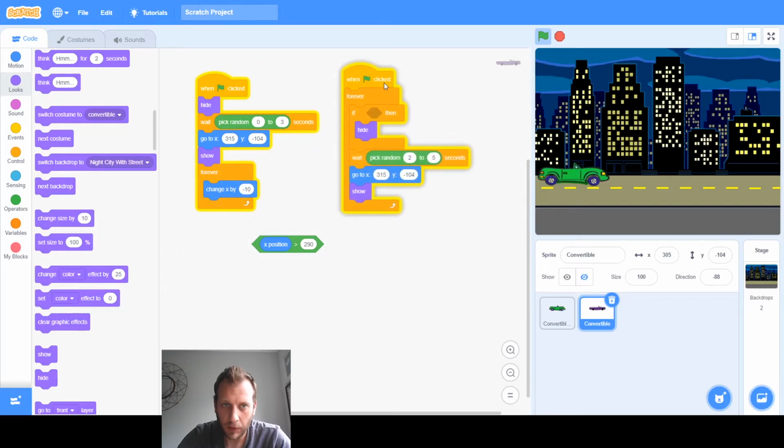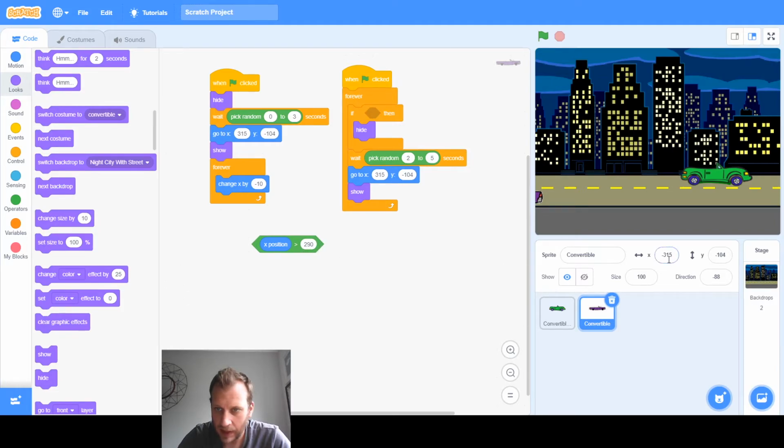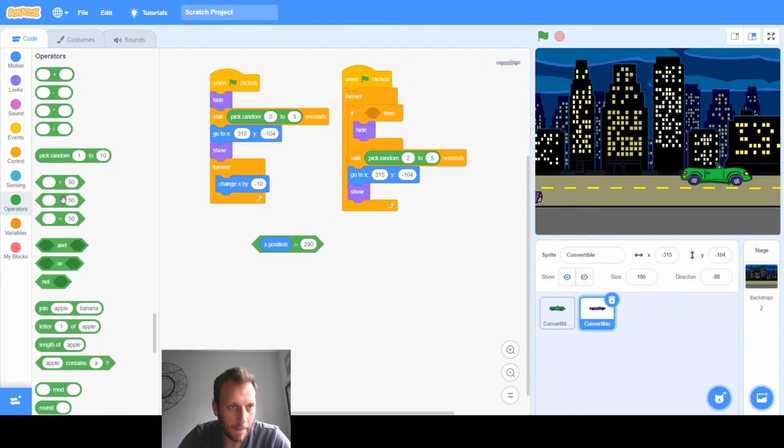So I was confusing, I've got my blocks the other way around. So here he comes, he goes to the end. Now, I need to see where he is now at the end. So he is at X minus 315, so I need the less than block. If the X position is ever less than minus, let's say 310,